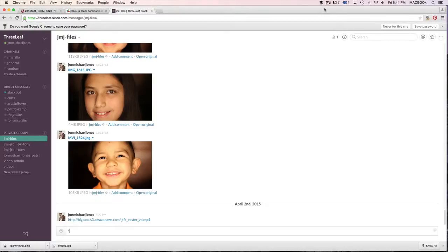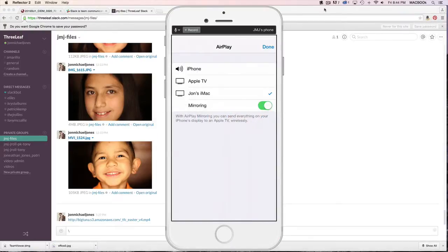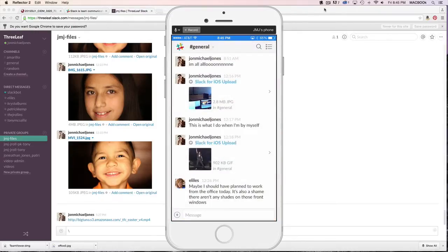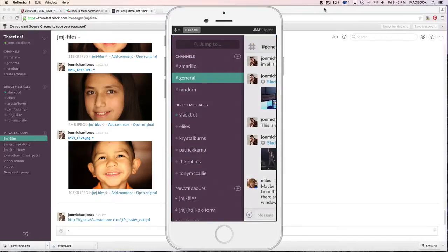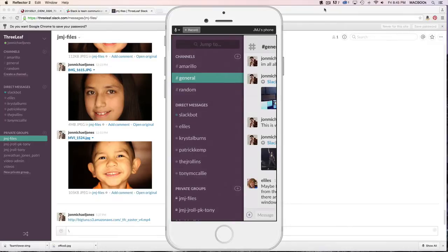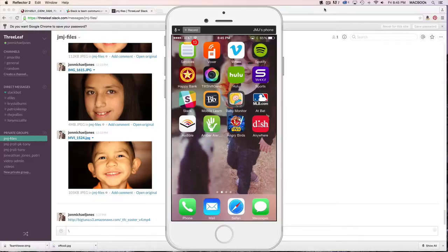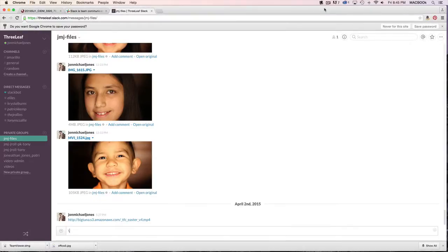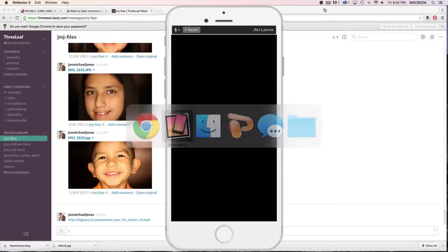Now let's take a look at what it looks like on the iPhone app. So right here you can look at the app, and it's the same thing. You can have push notifications to your phone. You can see all of the stuff, and all this stuff is available from your phone, just like the random thing, and just like the internet. So I think that is a highly useful thing, because if you're in the office, you're not going to miss anything. And so there you go.